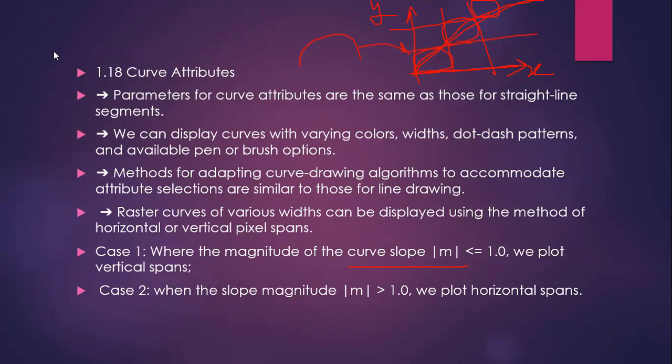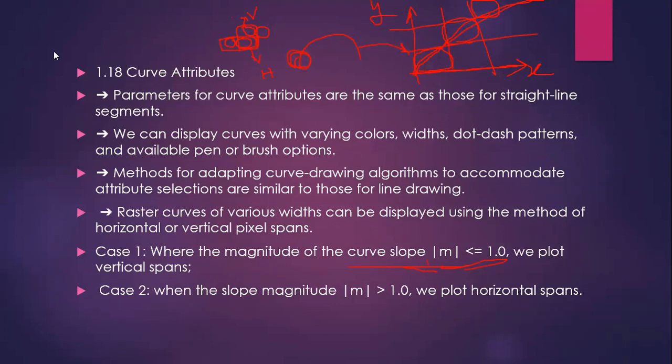Whenever you magnify a curve, you may observe that certain pixels are arranged in a horizontal manner and certain pixels are arranged in a vertical manner. Here two pixels are in a horizontal manner, and if I take this other direction, two are in a vertical direction. So it all depends on the slope of the curve.